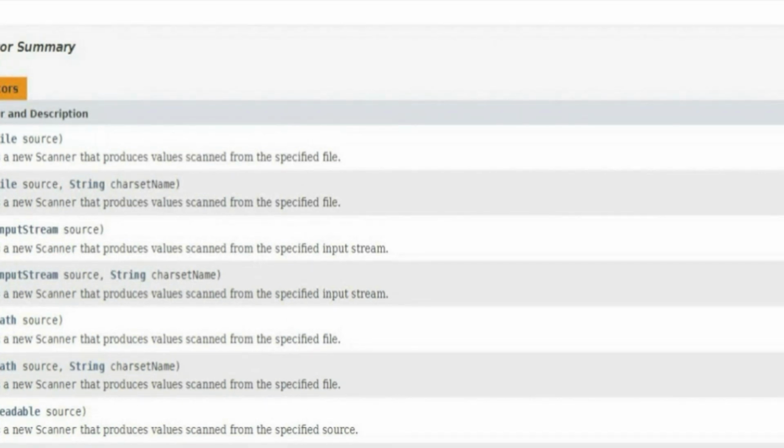That is why we are instantiating new Scanner. Now System.in is something I am passing into this parenthesis because Scanner is expecting something to be passed for its initialization. The Scanner class cannot be instantiated directly like how we write